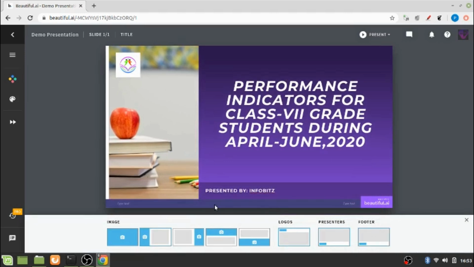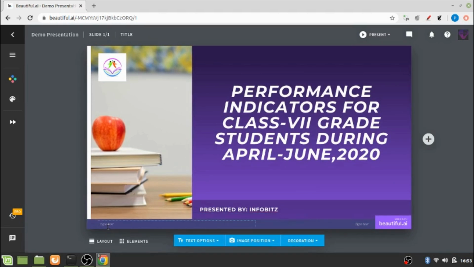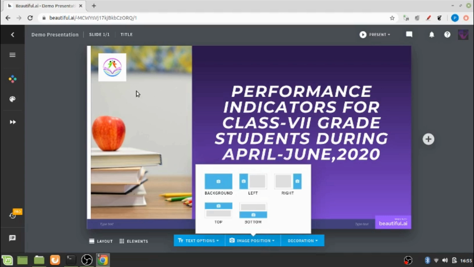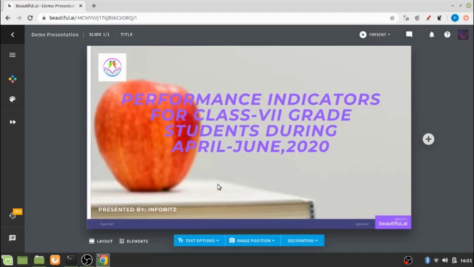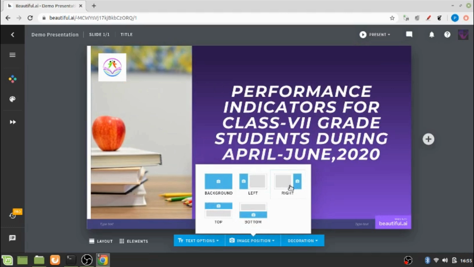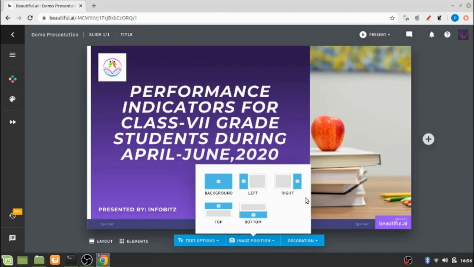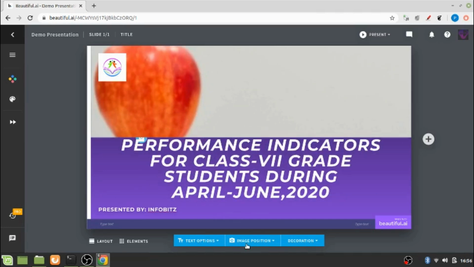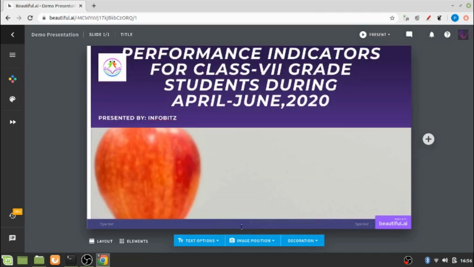If you click on this footer option, this is the area that has been designated for footer. So in this position you can add the contact details of your organization or company. Now if I go to this image position in the center of this menu bar, I'll be able to see that this image can be changed, like it can occupy the entire slide like this, where the text will come up over the image, or else if I click on the left panel, it will go back to the original position as I chose. I can take the image to the right hand side of my slide, I can keep it on the top of my slide or even at the bottom of my slide.